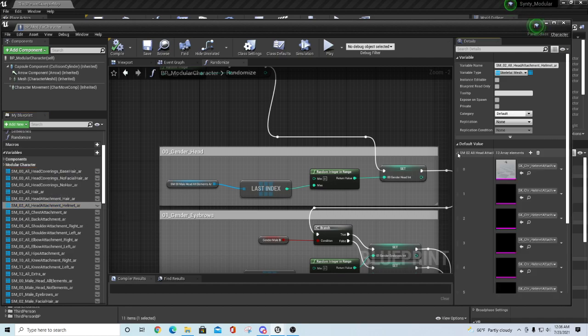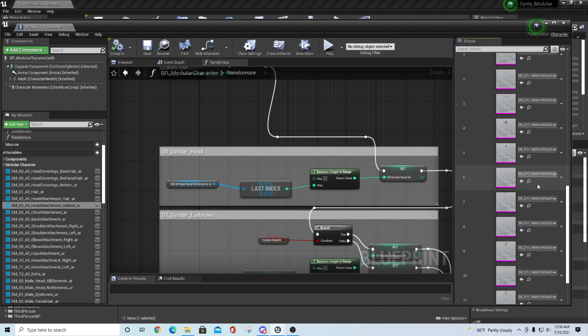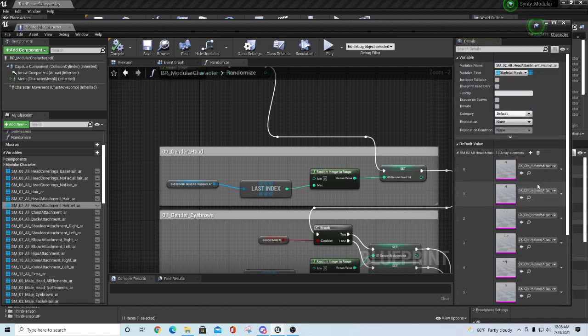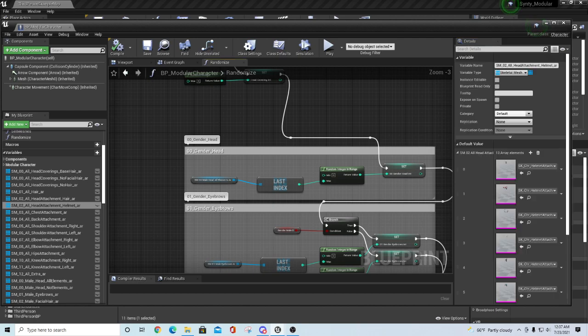If you were to expand this out, you'd see that there's a whole bunch of these here. And what this thing does is it basically gets an array from 0 to the last index of whatever's in there. So if you have 10 items, it'll be 0 to 9, and it'll pull those 10 items into an array randomly, and then it'll set the value of whatever that mesh is that it randomly picked. It'll set that on the head integer and tell it whatever that number is, so it knows which thing to